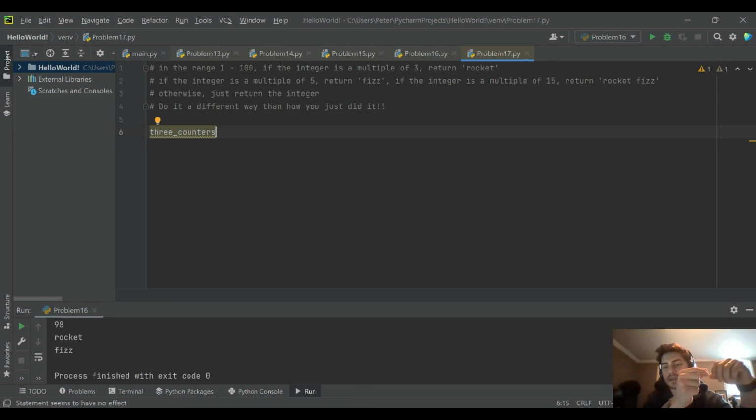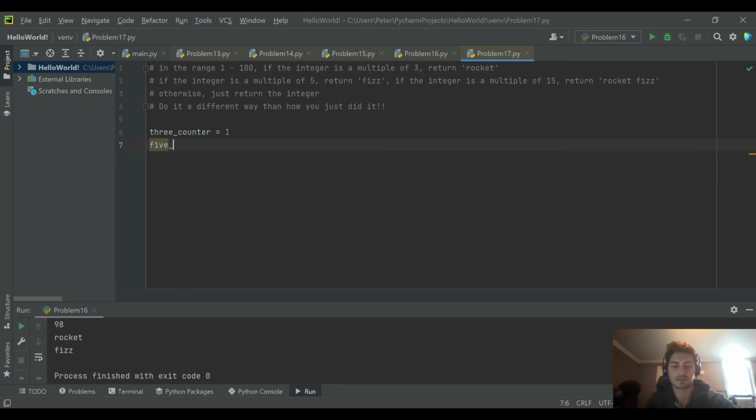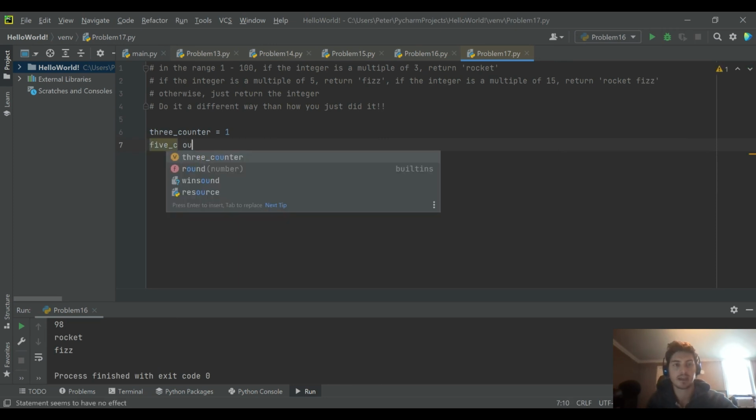Once you turn something over, you go 0 1 2 3 4 5 6 7 8 9, but it's circular, and you turn it over and the next number wraps around. So I'm going to create a couple of counters. We'll do a 3 counter, and we'll call this other one 5 counter. And essentially we're still going to need a loop,